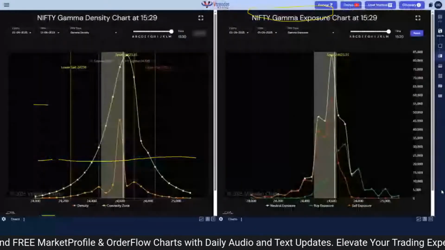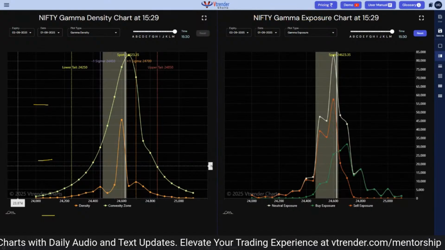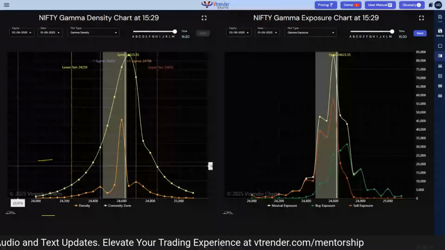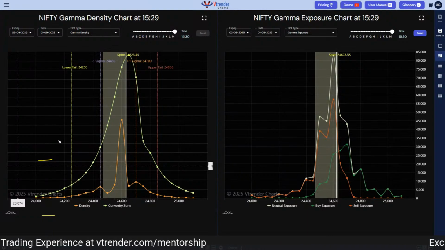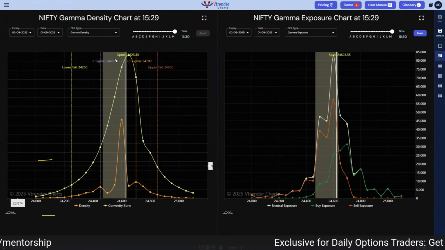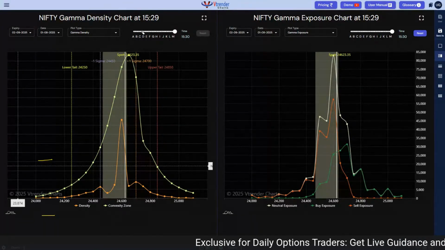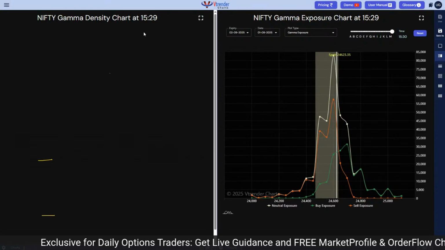Again, a two window mode where we have the much talked about gamma density and gamma exposure chart. This has been added very recently. So what this helps us to do is to know when we can expect the auction to be in a range and when we can expect the auction to give a move. So you can see how